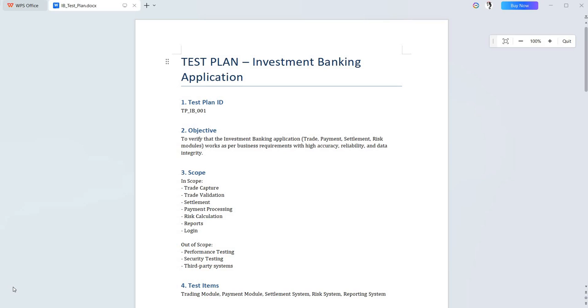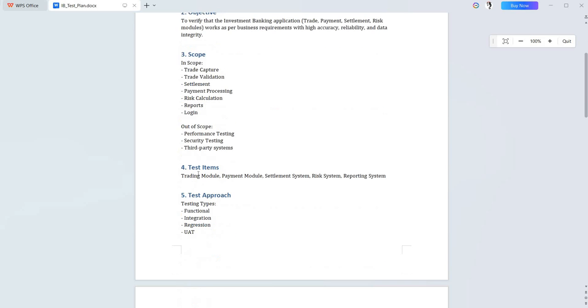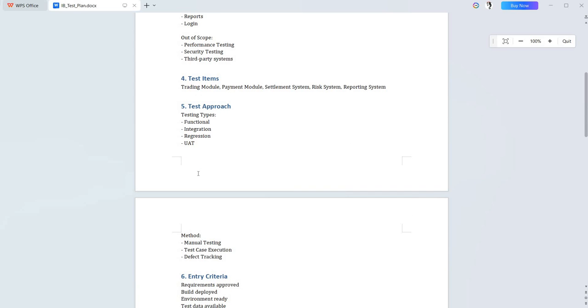A test plan is a document that describes the scope, approach, resources, and schedule of testing activities which you test during the testing. So this is your test plan. You have to prepare a document in which you write the scope of your testing application, then which items you are testing under this testing,